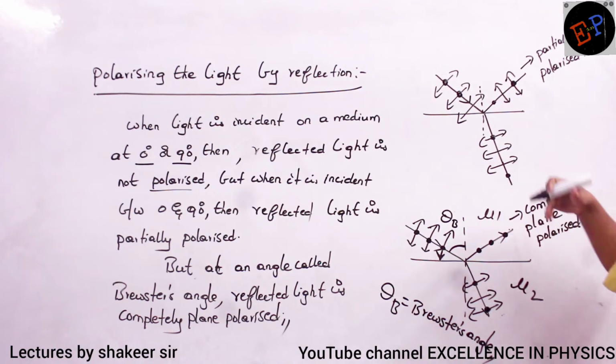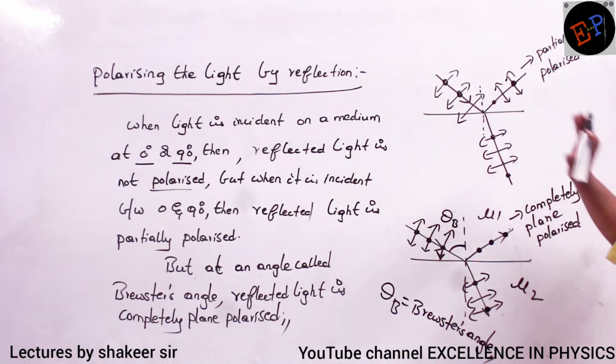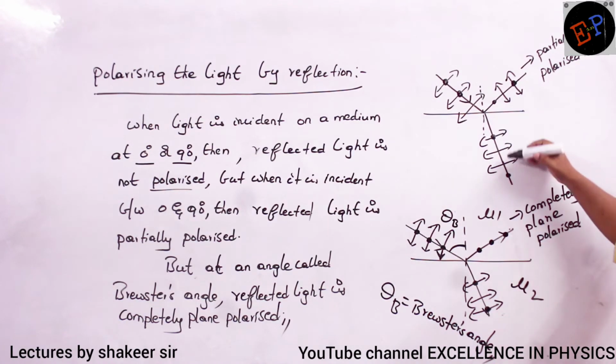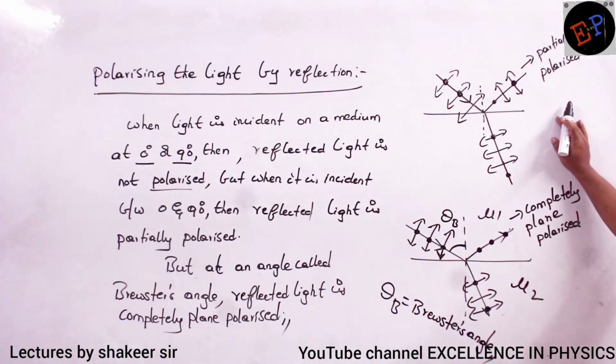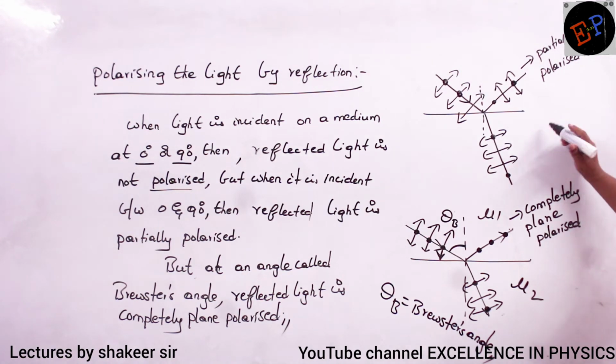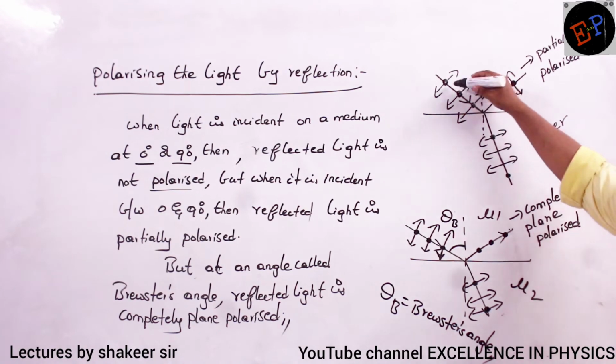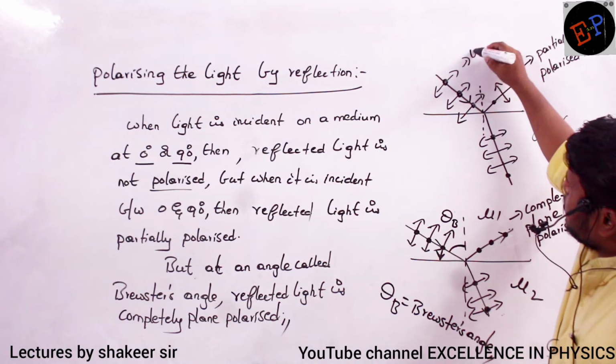It always happens, but we study them individually. Whenever light is incident on a medium, see, my light is bending towards the normal or away from the normal? Towards the normal. So it is entering rarer medium or denser medium? Denser medium, no? Definitely this is denser medium. Then only light bends towards the normal. Now see, when this is the light which is falling, what is this light? This is unpolarized light.